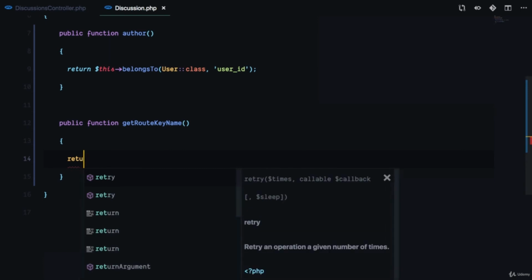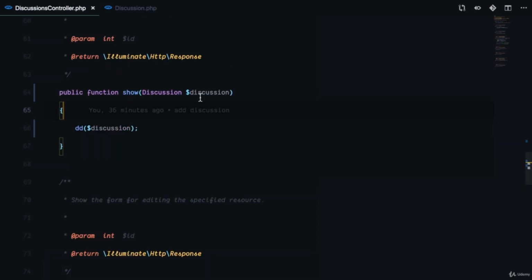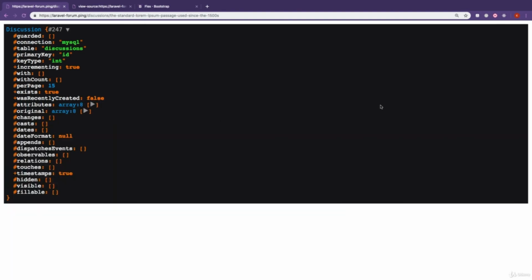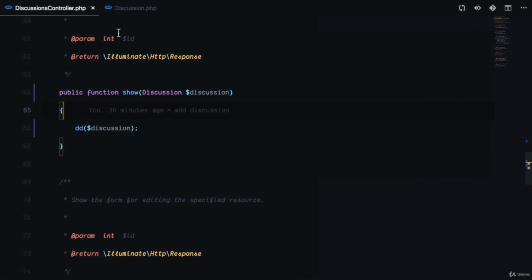So here we're going to return slug. And we are saying during route model binding, Laravel should use the slug to find the discussion instead of the ID. So if we refresh right now, you can see we have the discussion fetched from the database. The next thing we want to do is